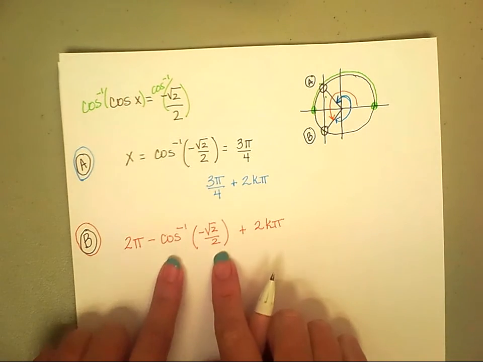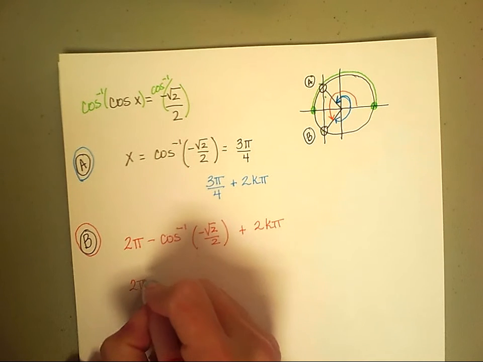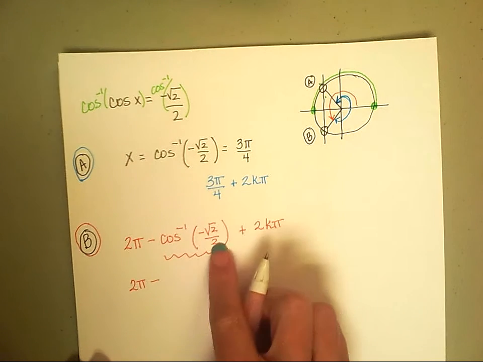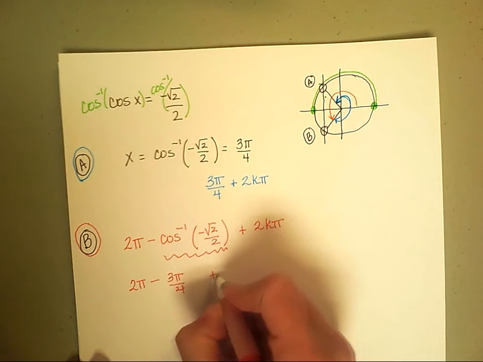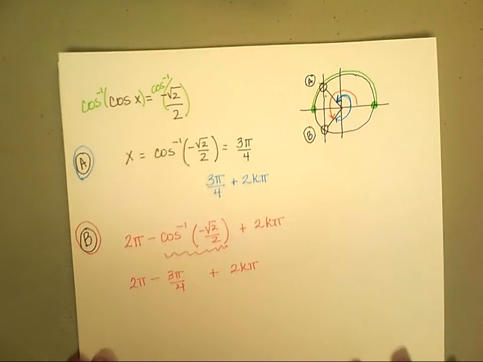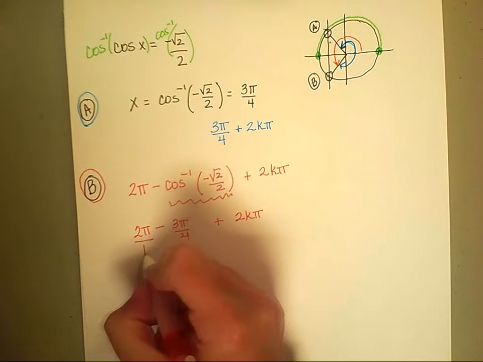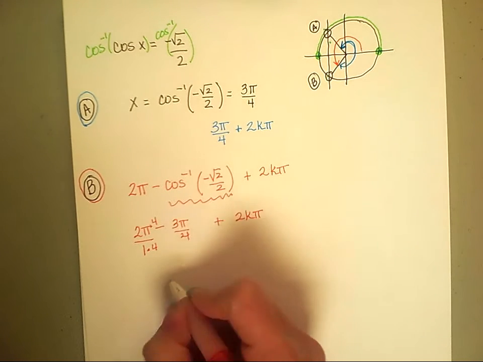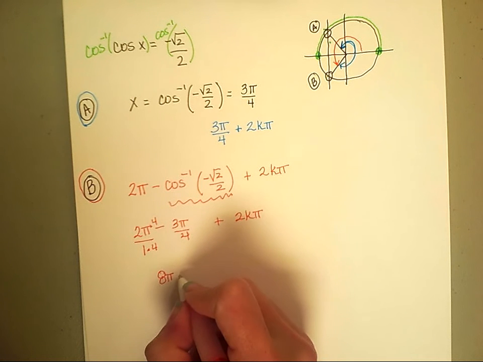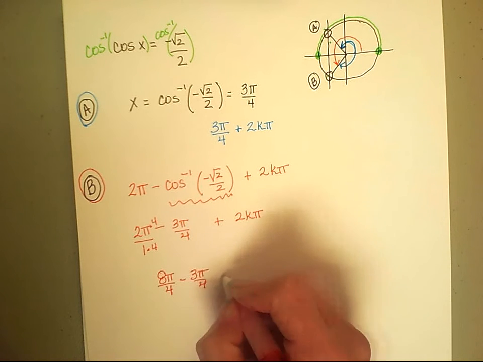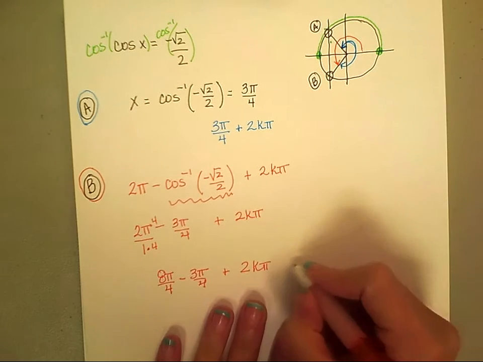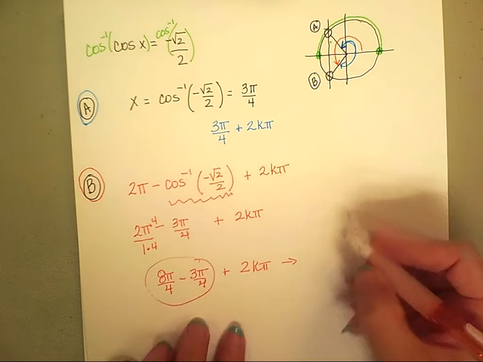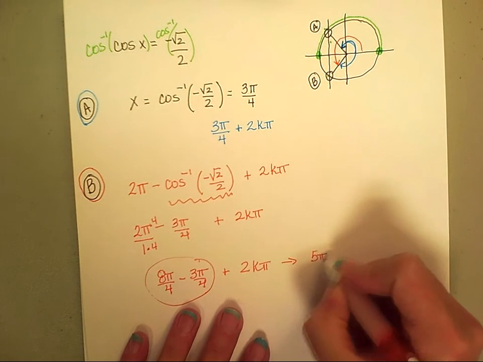But we can simplify this. 2 pi minus the inverse cosine of negative square root of 2 over 2, which is 3 pi over 4, plus 2k pi. Now we can simplify this. This is over 1, and getting a common denominator, this would be 8 pi over 4 minus 3 pi over 4, plus 2k pi. These are not like terms. This k pi is messing that up. When we simplify these, 8 pi minus 3 pi is 5 pi over 4